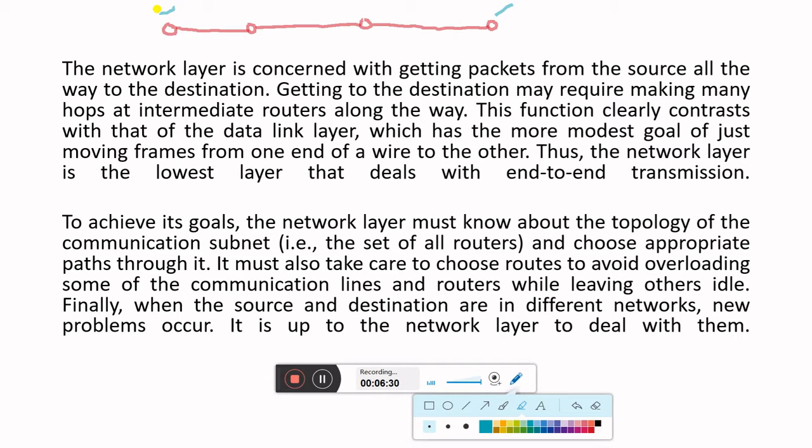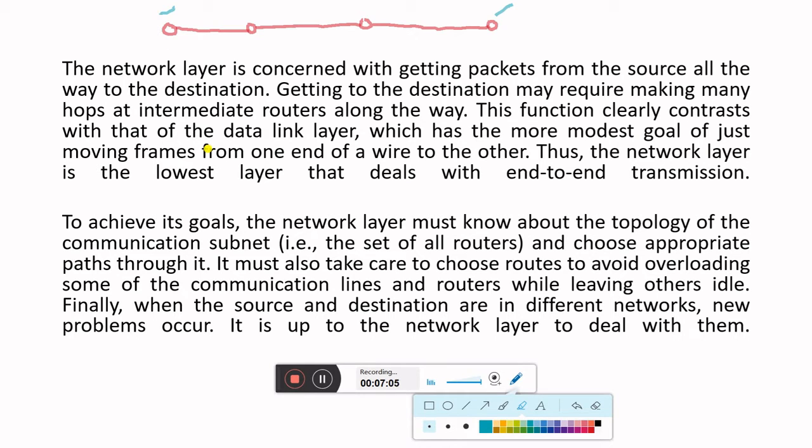So if station 1 and station 4 want to communicate, these 2 intermediate devices will act as routers in this network. So this function clearly contrasts with that of the data link layer, which has the more modest goal of just moving frames from one end of the wire to the other. Thus the network layer is the lowest layer that deals with end-to-end transmission.